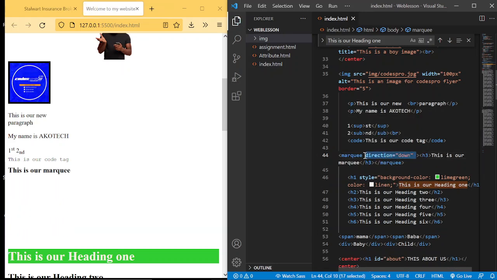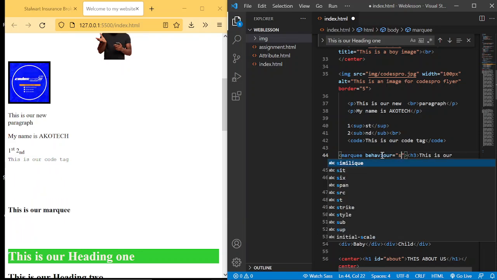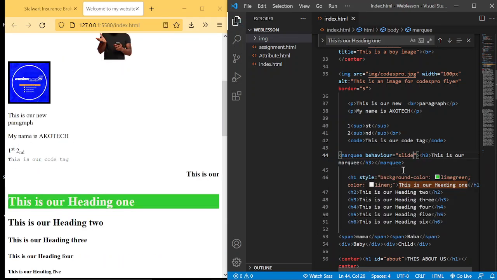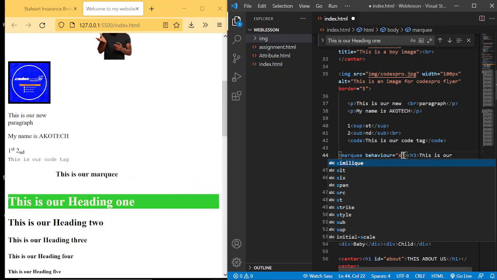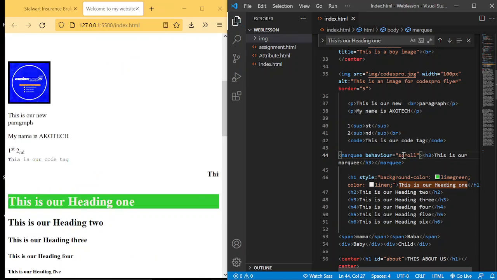There is another attribute called behavior. Behavior equals, it is asking what's the behavior of this. For instance, if I say slide, it's sliding, which is the default. If I say scroll, it's scrolling. You can see that. So if I now set alternate,